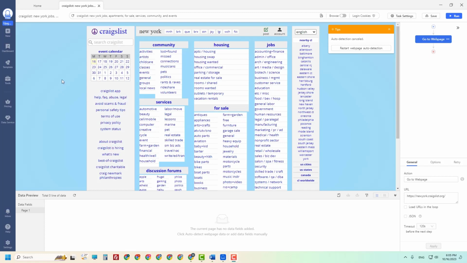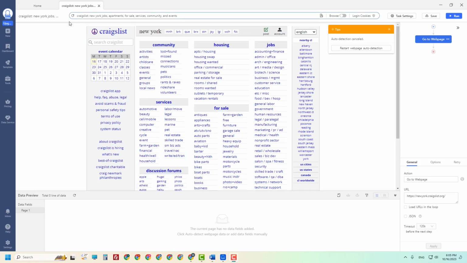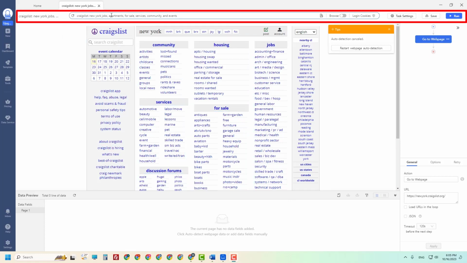So let's quickly go through this window. The first row you will see is just like a normal browser. This is the address. You can edit the address here. You can turn browser mode on or off, or you can use login cookies. This is for websites that require you to log in. And then task settings, save, run. And this side,